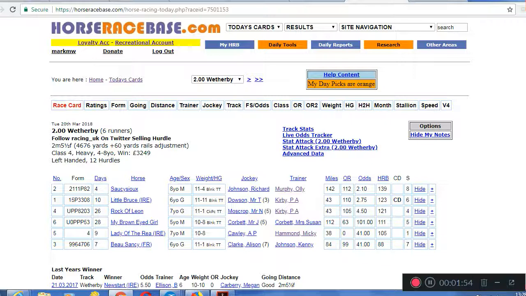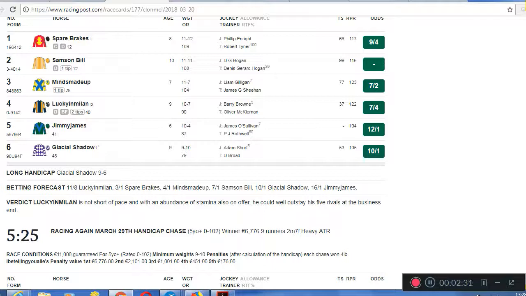of the service. So, in order to find a decent selection to use as a back to lay trade, what I would generally do is look at the ratings within Horse Race Base and put them in order. So the top rated is obviously the first one in the list. I will generally make a note of the top rated horses within Horse Race Base, and then I go over to the Racing Post website